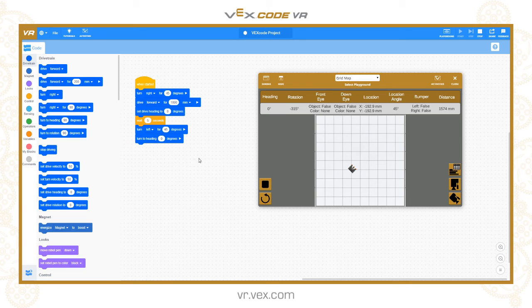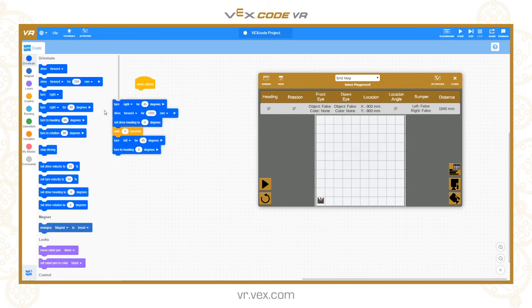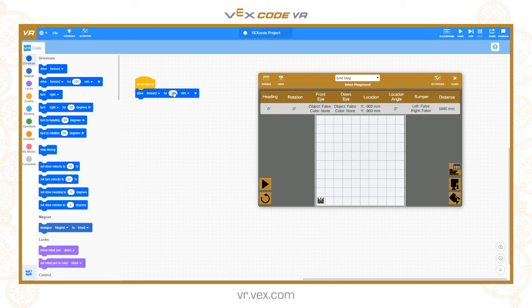Right, the other thing I want to mention is blocking functions and non-blocking functions. What I mean by that is, on a blocking function, when those commands are executed, the code won't move on to the next command until they're complete. So let's use an example here of the drive forward command, which is a blocking function. If I put this in here and I say I'm going to drive forward for 1500,